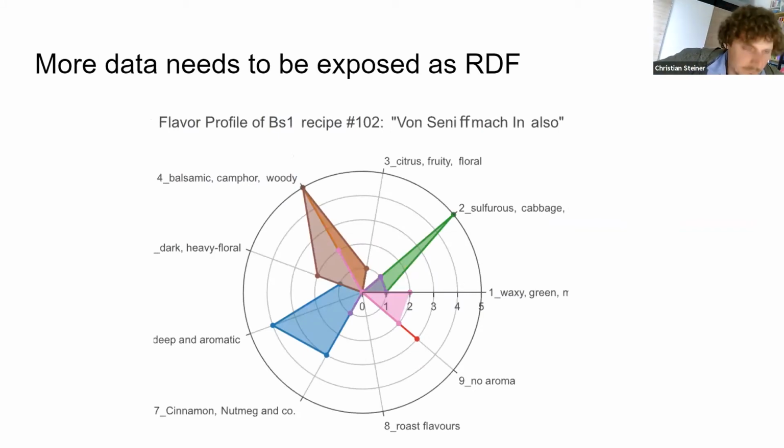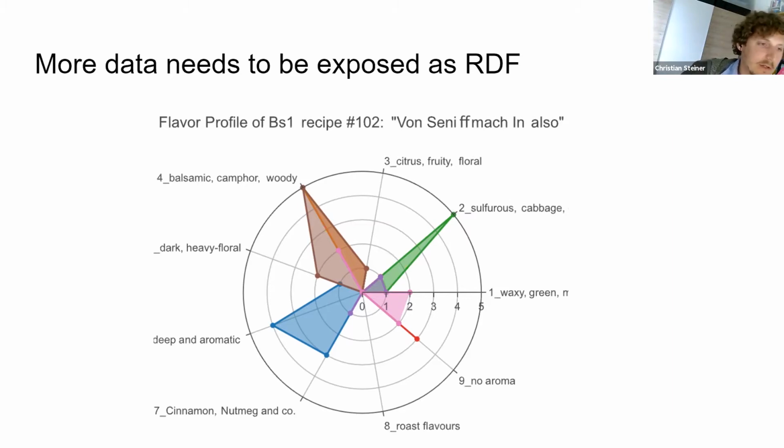So I'm coming to an end now, and what I need to say is that more data needs to be exposed as RDF. If we had more data exposed as RDF, we could do all kinds of very interesting things with our data. This is one example from what we did a couple of months ago for the Oxford Food Symposium, where we used data for the taste and flavor of different ingredients to create flavor profiles for our recipes, for our collections,